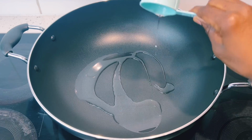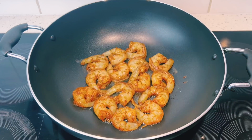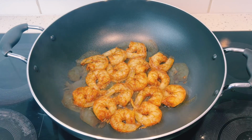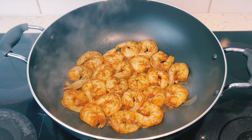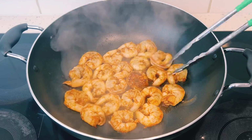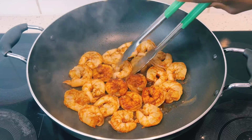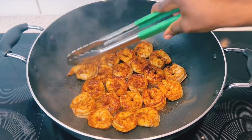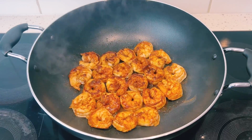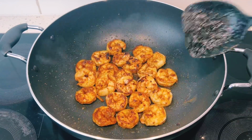I'll start with oil in my pot. I'll allow it to heat up and then I'll begin to fry my shrimps. I'll be frying each side for about 5 minutes. You can use chicken or any type of protein for this fried rice. You don't certainly have to use the same protein I'm using. I'll turn the shrimp over to cook the other side. And after that, I'll give it a good toss in the pan and then I'll remove it and set it